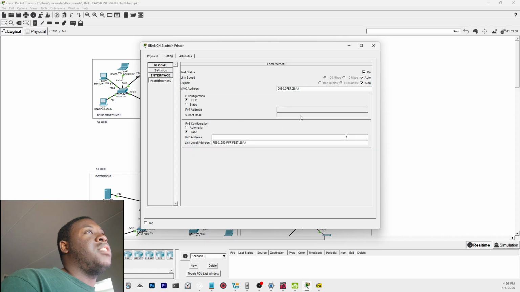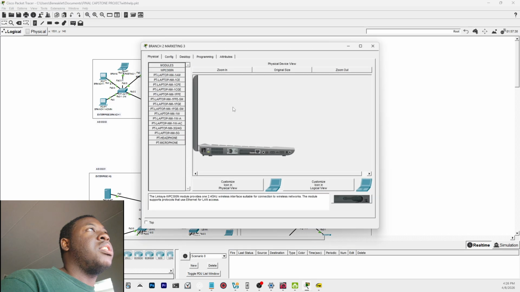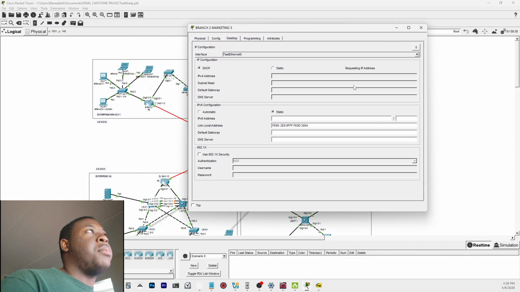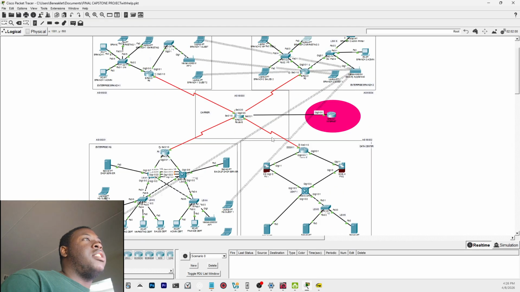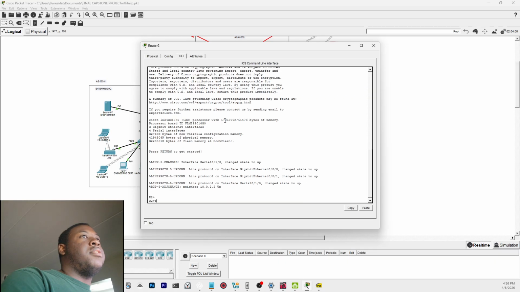Let me actually just see there. These can all get IP addresses. There you go. See, all these can get IP addresses. These ones right over here, you can ping the